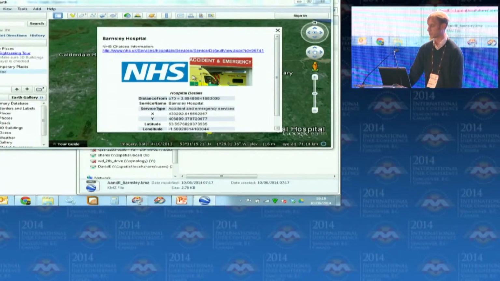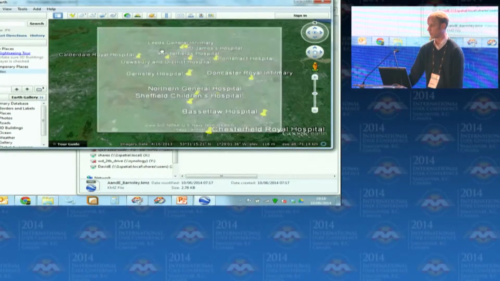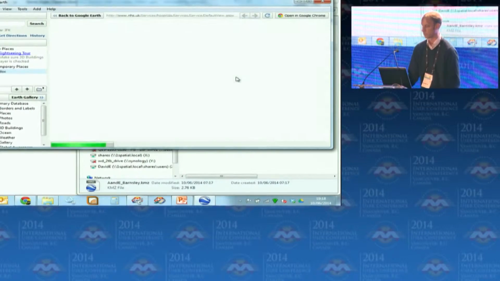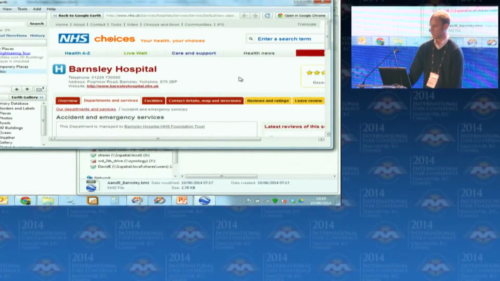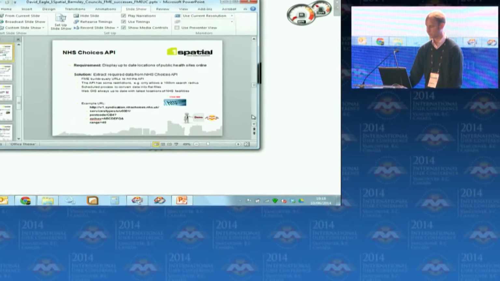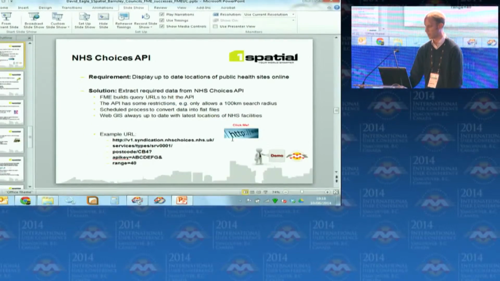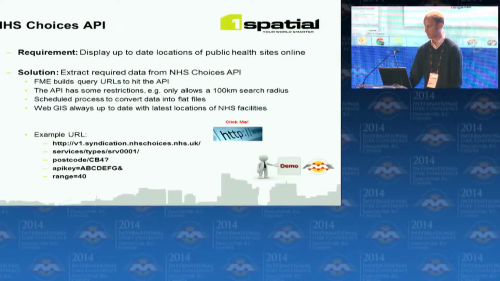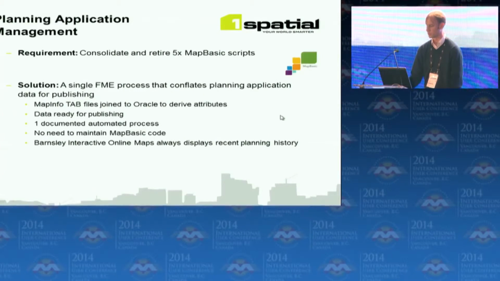In the case of writing to KML, we have a little image. We've got a URL that allows us to go and find out more detail from the NHS Choices site about Barnsley Hospital. So a neat little solution for them to be able to continually populate their web mapping system so that citizens can dial in to the website and find out what health services are nearby to them.